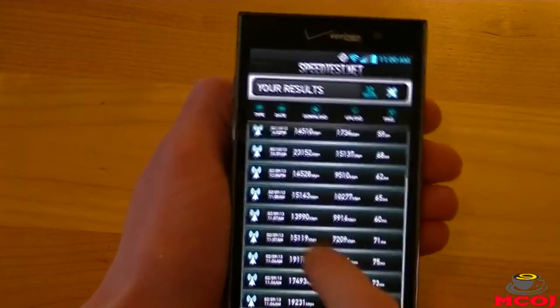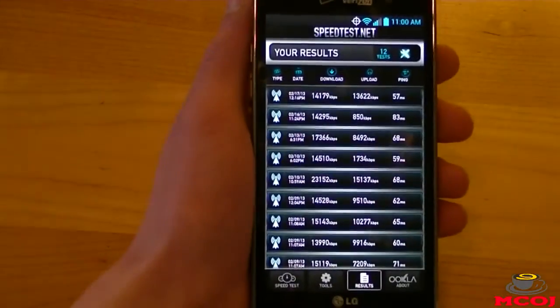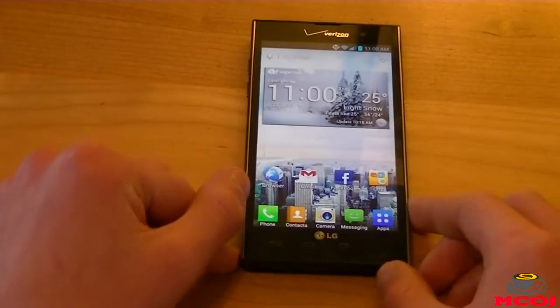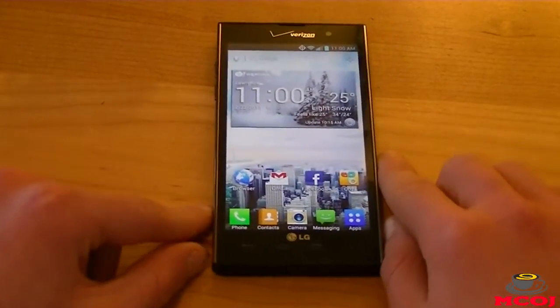So everything runs very smooth. You can see those speeds are actually incredible, and they should rival a lot of your home network speeds in terms of your internet at your home network. So 4G LTE speeds on the Spectrum 2 were blazingly fast, and they really can rival the internet you have